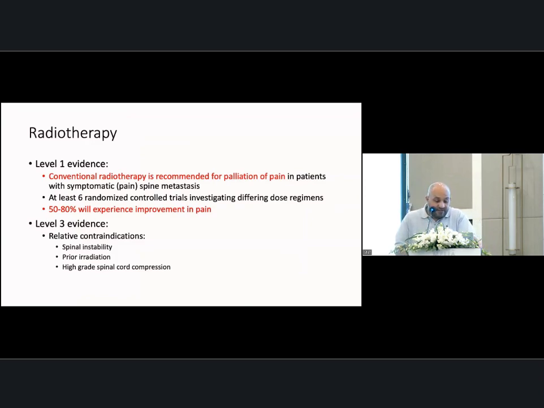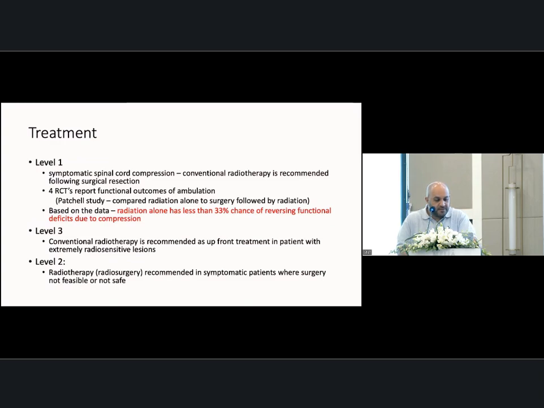There is level 3 evidence for high-grade canal stenosis, that it helps with that. So not very good evidence that the radiotherapy will help with cord compression. In terms of treatment,